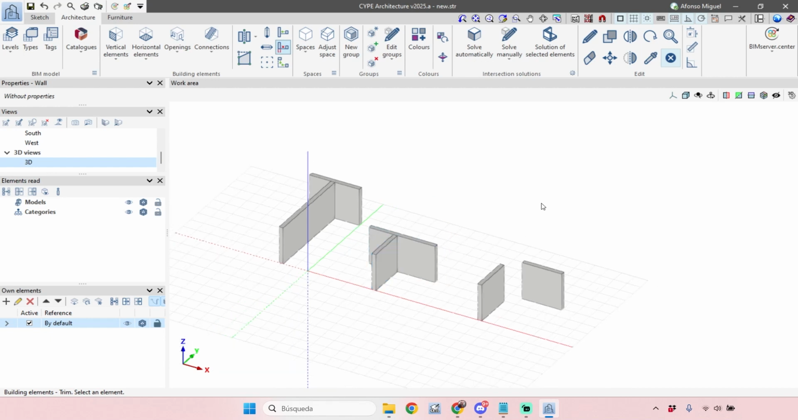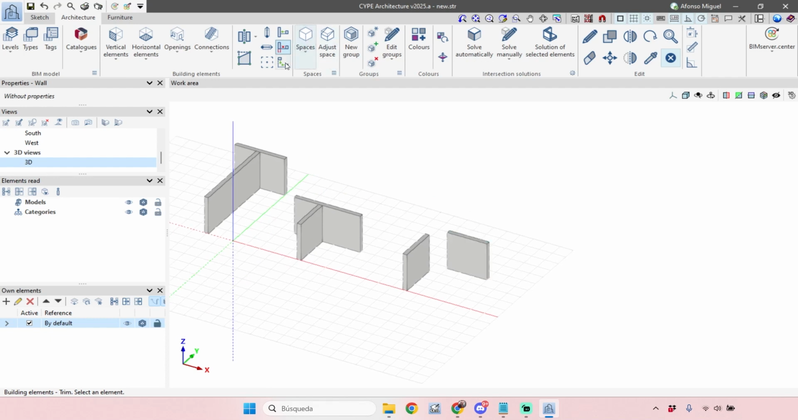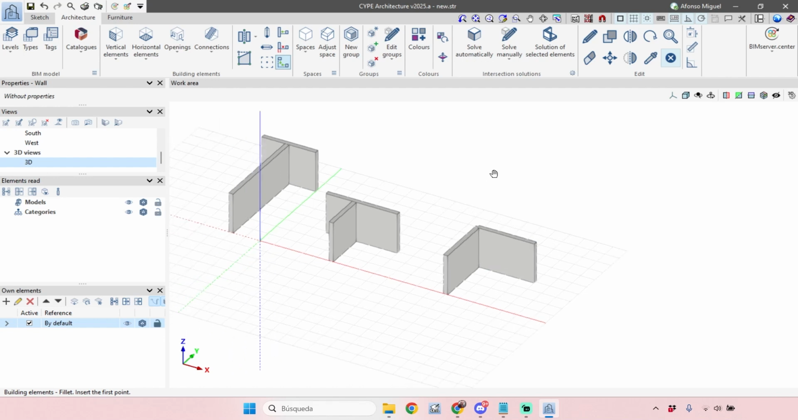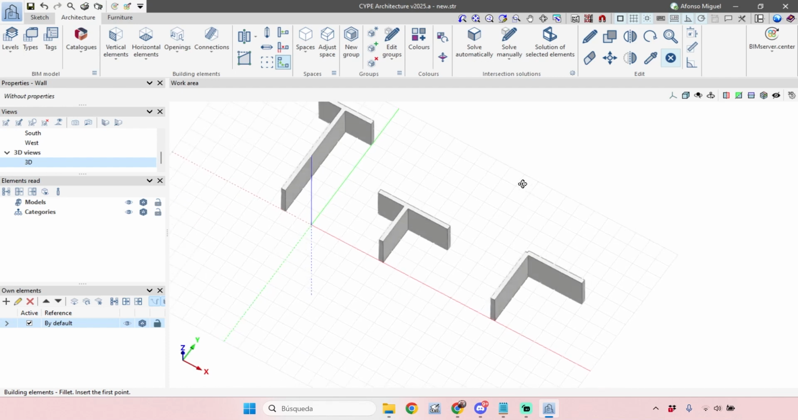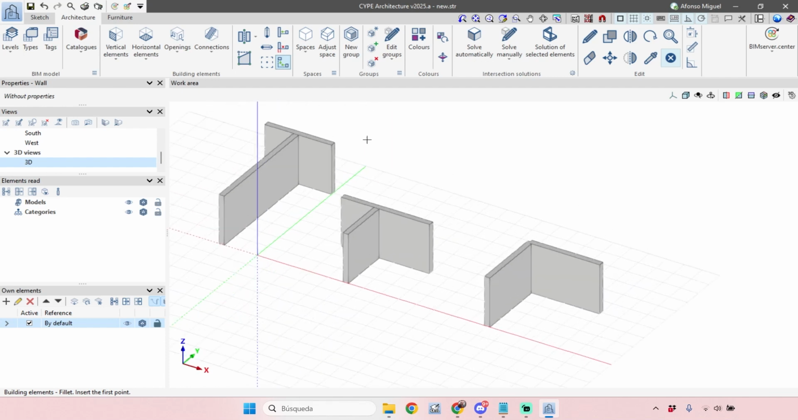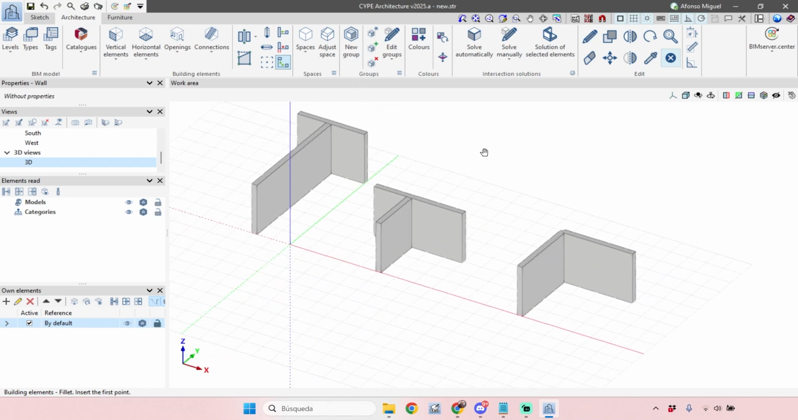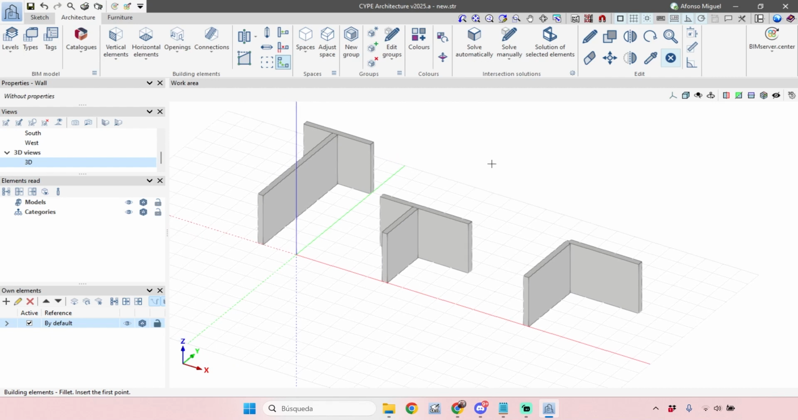And the third one is the fillet option. The fillet option is very easy to use. I select the button here, select one element, the second element, and the fillet option will be concluded. So three new buttons, three new little features that will help us to model our building elements here at